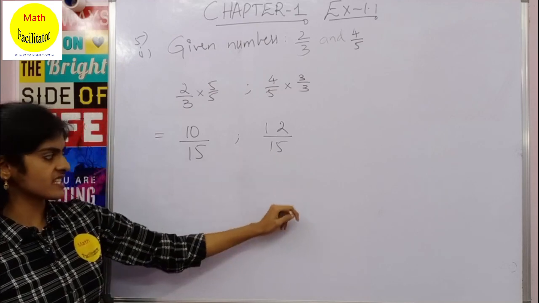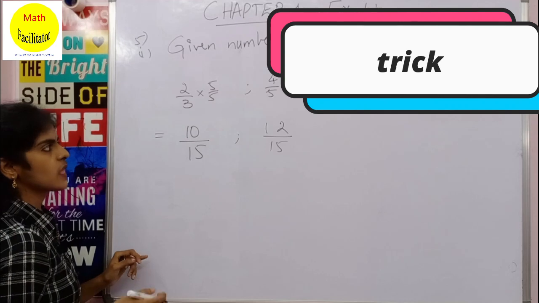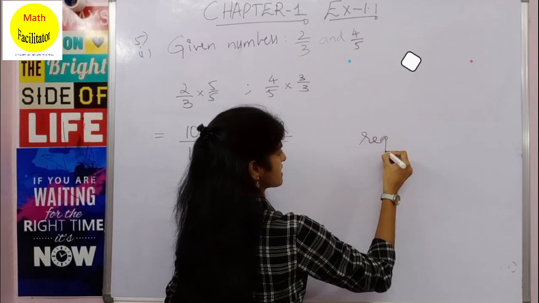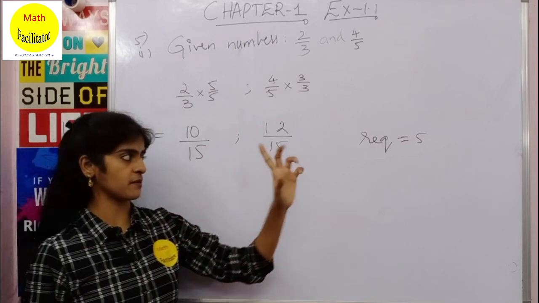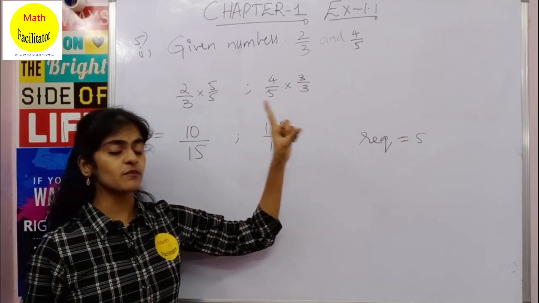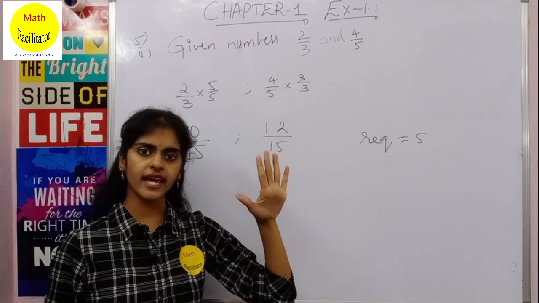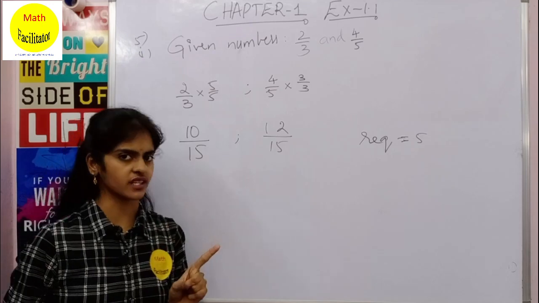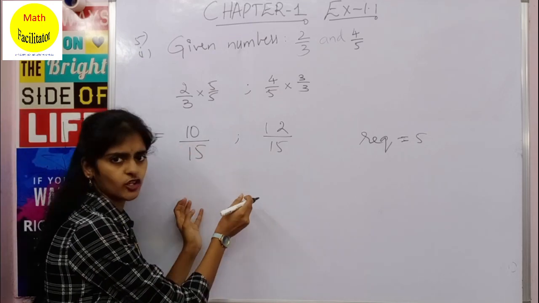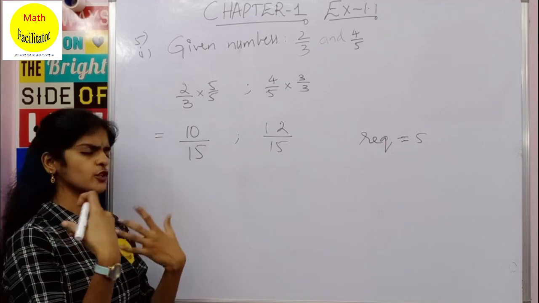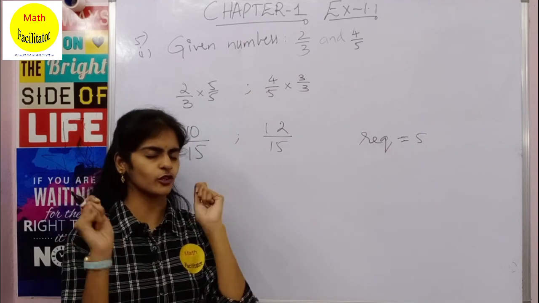I will tell you a method, and you will follow that method. The required number of rational numbers is 5. How many rational numbers do you want? You want 5 rational numbers. So what shall we do? We shall multiply and divide these two by 6. This method always works. You don't even have to check whether the rational numbers are fitting or not, like in the earlier case we have done. Always this method works. You can just close your eyes and follow this method.